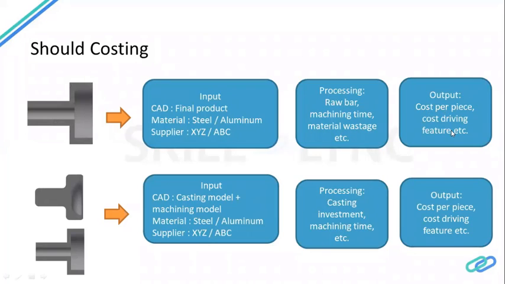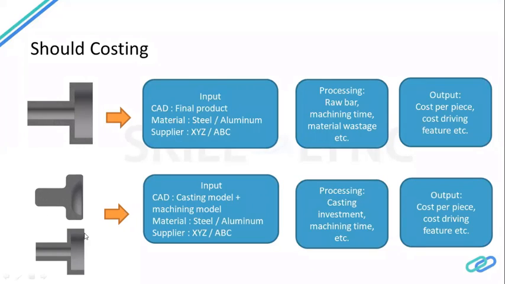What are the cost driving features? When I say cost driving features, aPriori may say that because of this diameter D1, you have a cost of 10 rupees. But if you reduce diameter D1 to D2, which is a smaller diameter, you might get 5 rupees as the cost. So you can decide whether you really need D1 or D2 is also okay, whether you want the manufacturing cost to be 10 rupees or 5 rupees, and what diameter you can make. This software helps us to decide that.